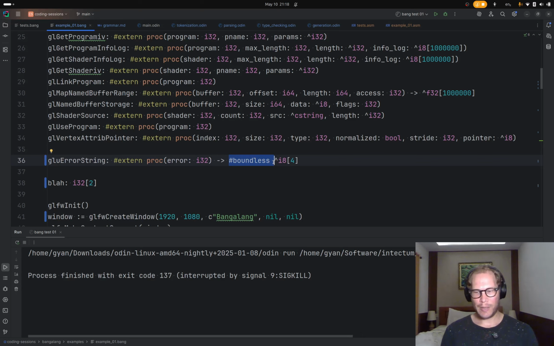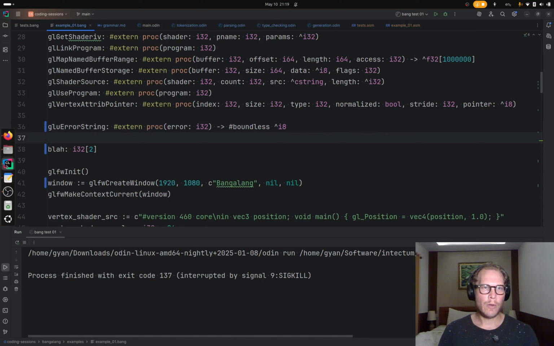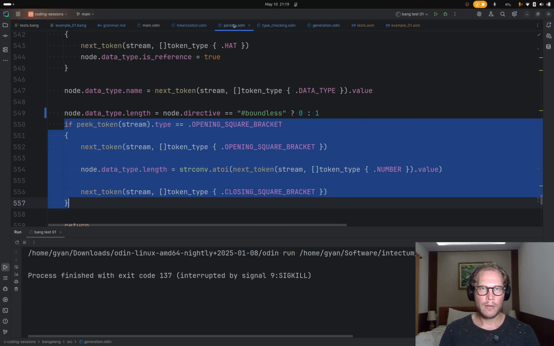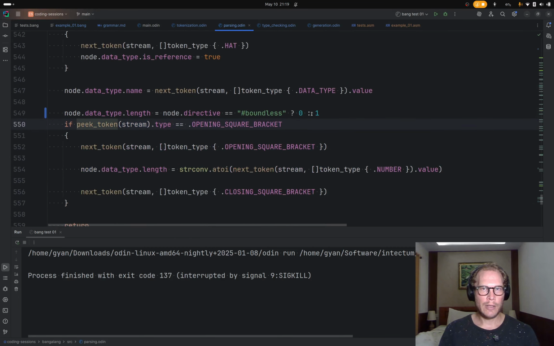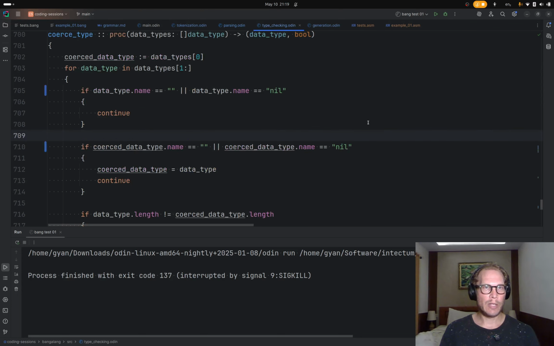Well, I guess that's okay. No, but this is a data type. This is a data type. I mean, if we did like this, then it would just mean like, okay, we're allocating two, but just by the way, it's boundless. Okay, I think that's fine, actually. It's not required, but it's not a problem either. So we'll leave that there. So that's 0. So then I think the last thing really is, well, maybe not the last thing, but in type checking,